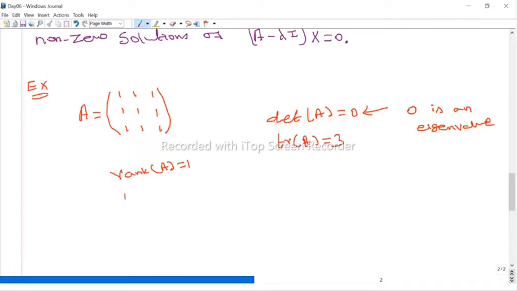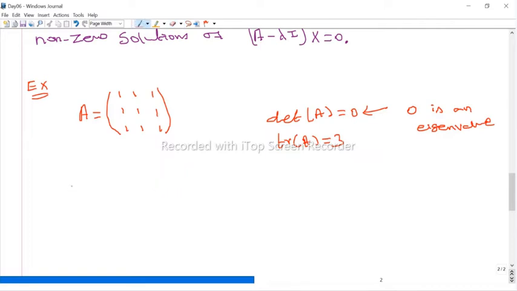1. And what is the nullity? By the rank-nullity theorem, nullity is 2. Therefore, 0 is an eigenvalue with multiplicity 2. Therefore, we have only one non-zero eigenvalue. Since the dimension of the nullity is 2, 0 is repeated 2 times. That means 0 is an eigenvalue and the multiplicity is 2. 0, 0. Okay, anyway, if you want to find these, you find the characteristic polynomial of this. Okay.